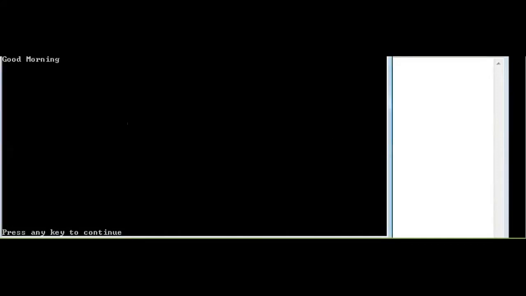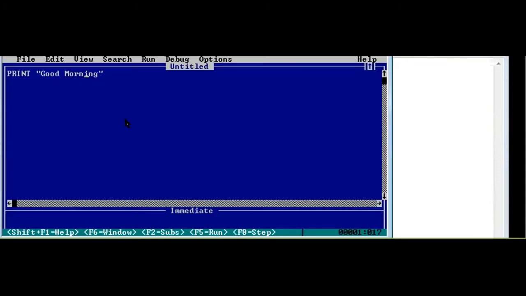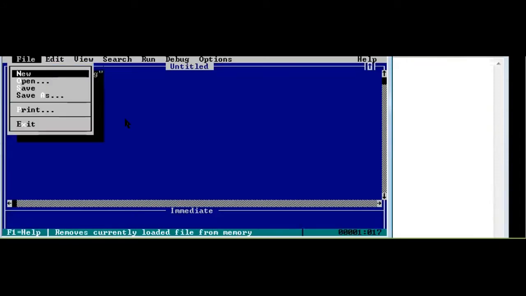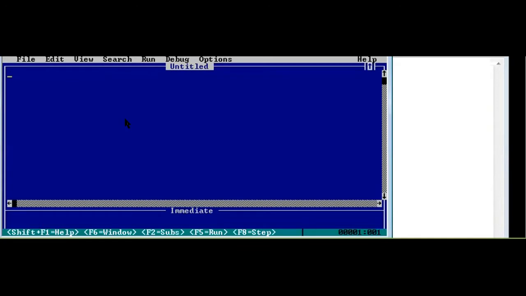According to what we did last time, every program that we write in a modular approach has to be declared at the beginning. In order to declare, we use the declare keyword. This is what we saw last time.